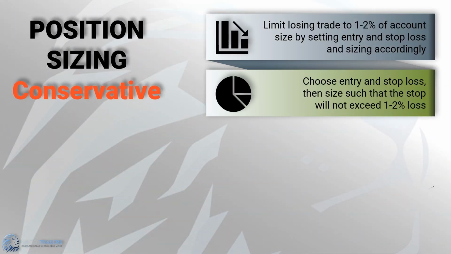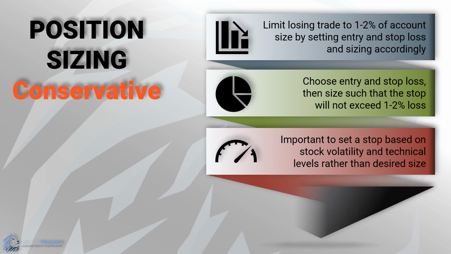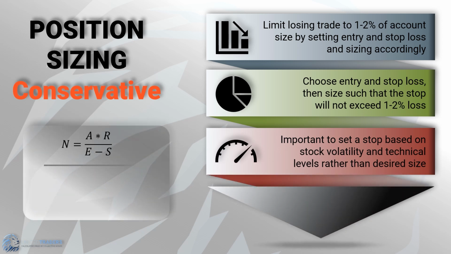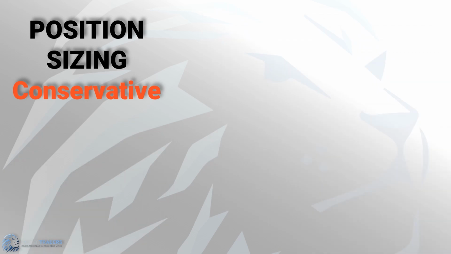Choosing a position size. A more common and conservative way of setting a position size is to aim for limiting the loss to 1 to 2% of the account size, such that when the stop level is hit, that will be the expected drawdown of the account. Now, obviously, a gap down and slippage in the stock price may result in a larger loss, but sizing this way is conservative enough to where a few outlier events will not be very problematic for the trading account.